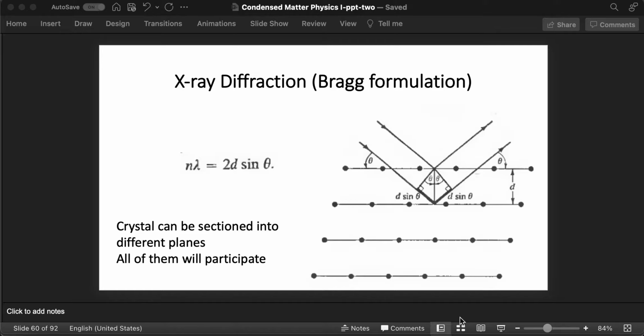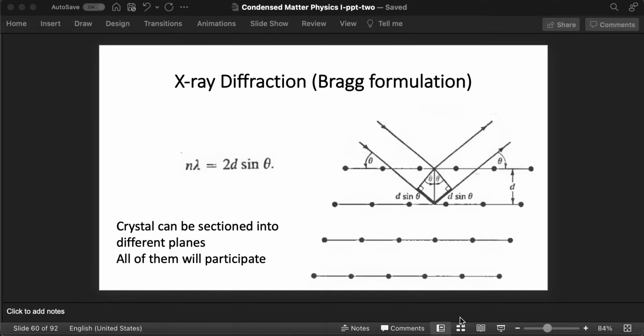Then we will be using the same physics for electrons. So what we will be doing is to take our free electron and combine it with the periodic potential, and again that will be a case of plane waves. That is, in this case, the plane waves would be the electronic wave functions encountering a Bravais lattice.